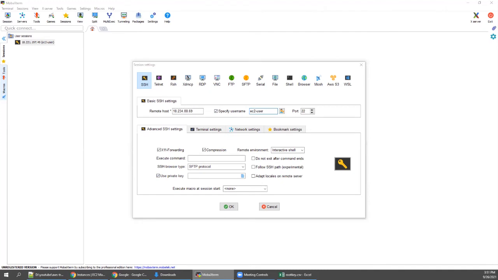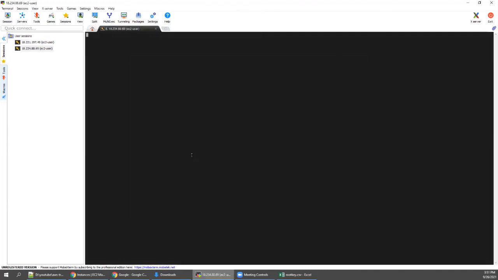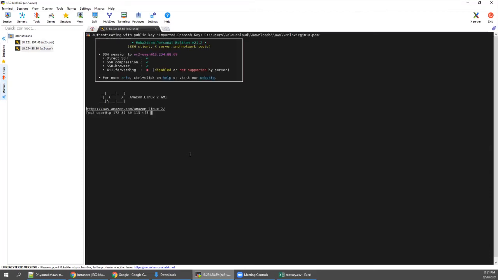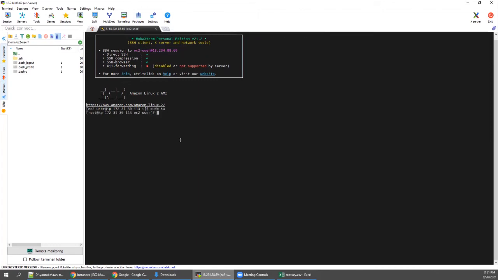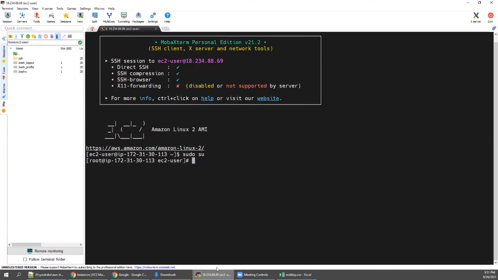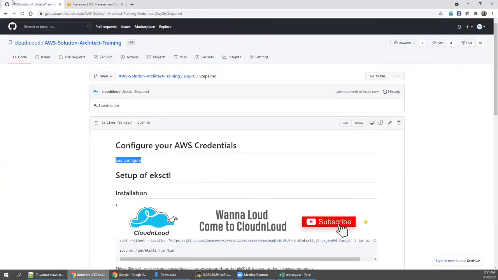Of course, there is a North Virginia key pair. Once you have logged in, sudo su, and then go back to your GitHub.